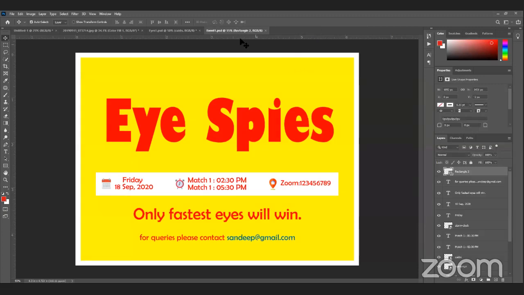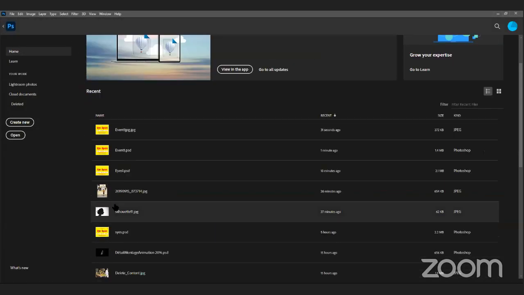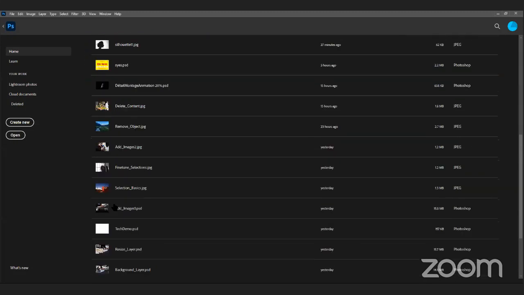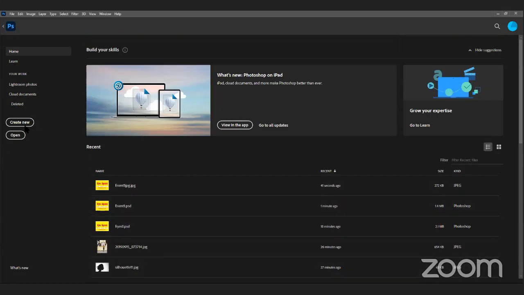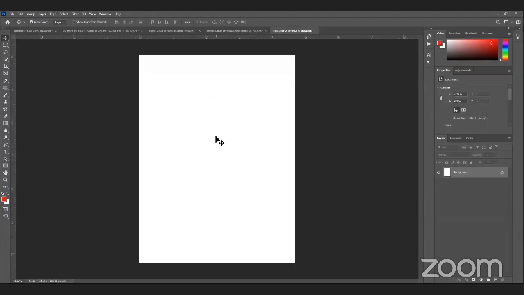Okay, now let's close this. Let's create another flyer from scratch. Create, default font size, create. One more thing, guys: you can create a flyer in either portrait or landscape, depending on what type of flyer you want to create.